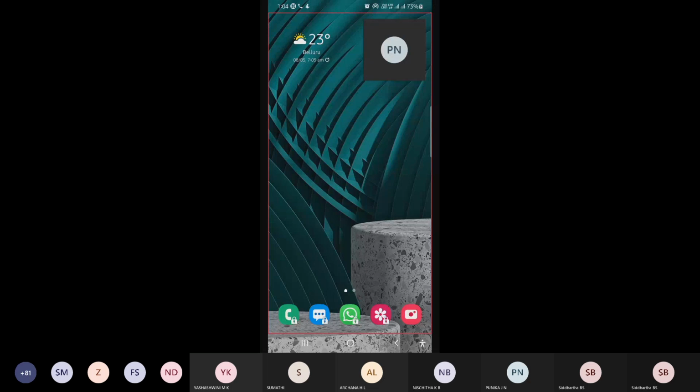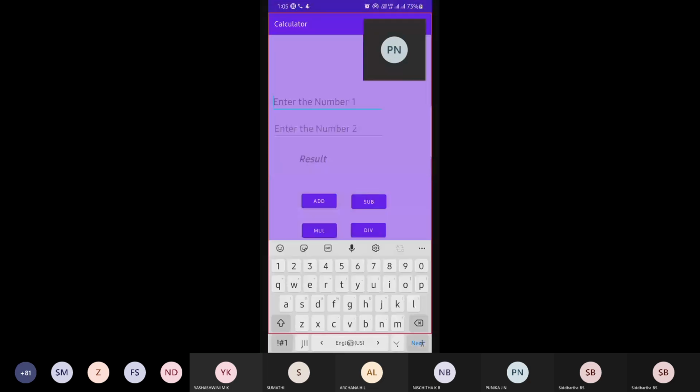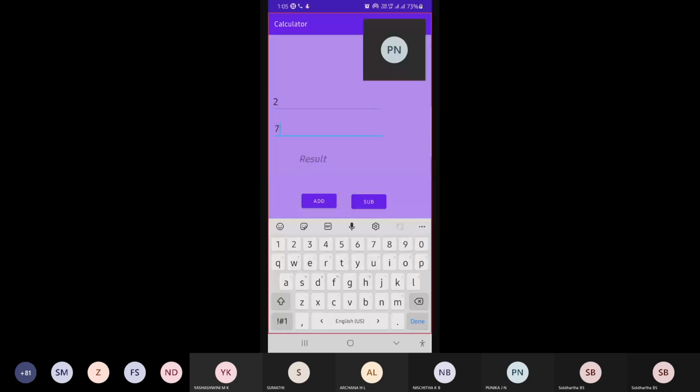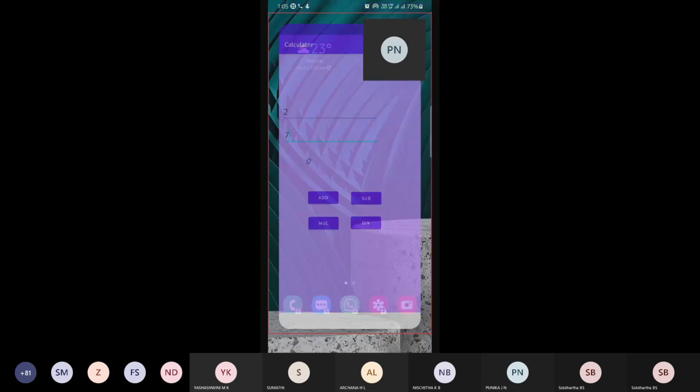As soon as the run finishes, it's installing, and then it will run. I will enter the numbers 2 and 7. So 9, subtraction, multiplication, division. Okay. So this is a simple calculator performance.